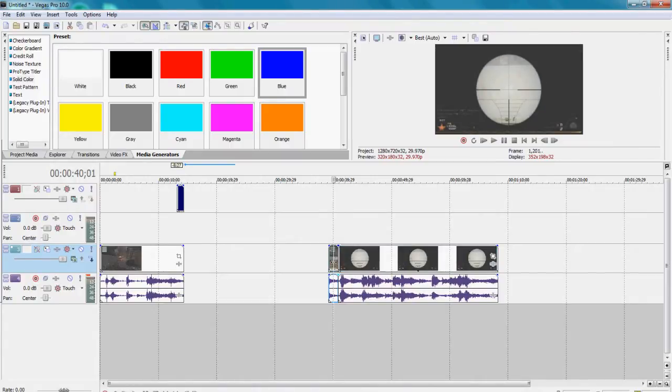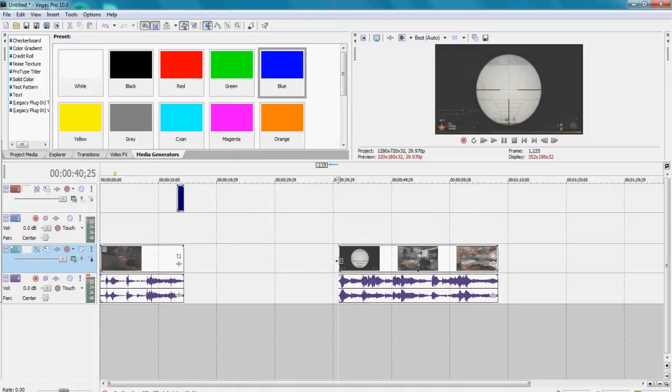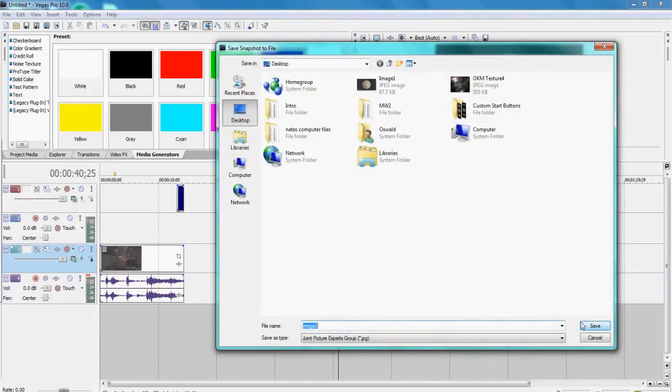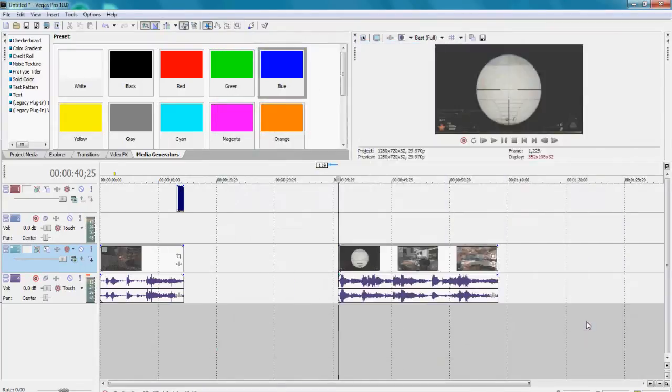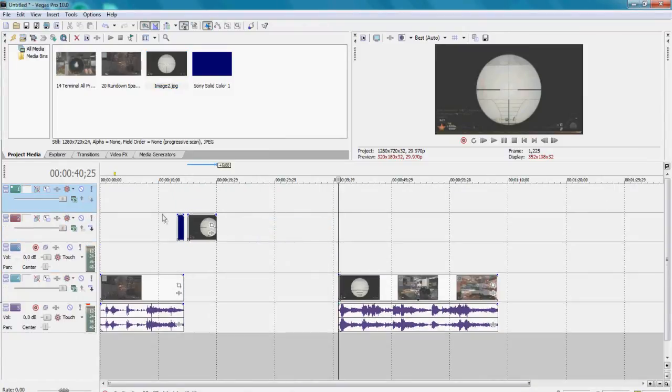Yeah, so right around the first part where you have your scope, you want to split it and then delete anything in front of it. And you want to take a screenshot of that scope and save it on your desktop. Alright, and then drag it down right under, and if you have to, insert another video track,